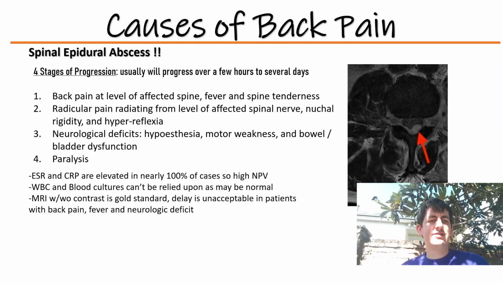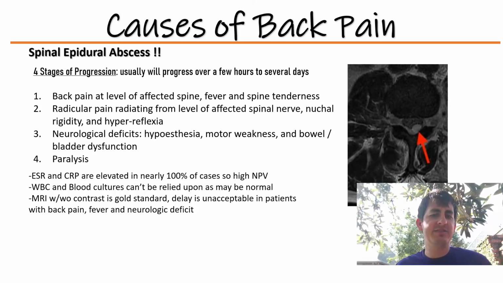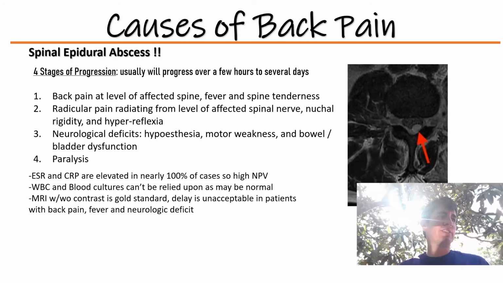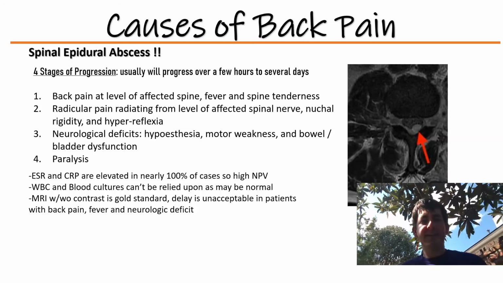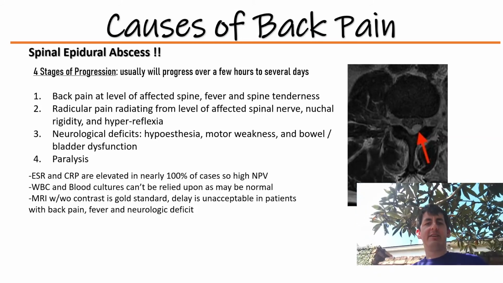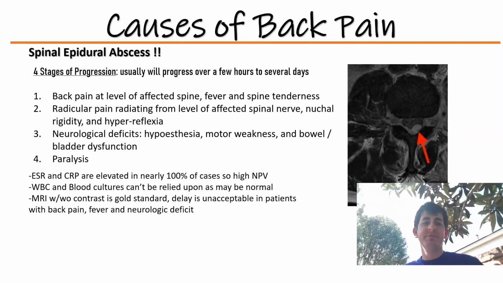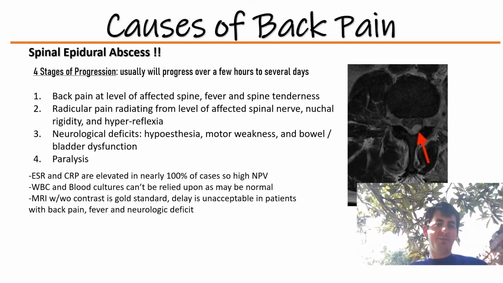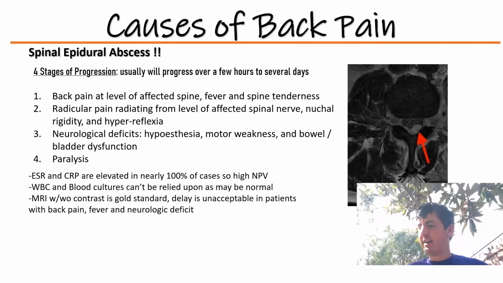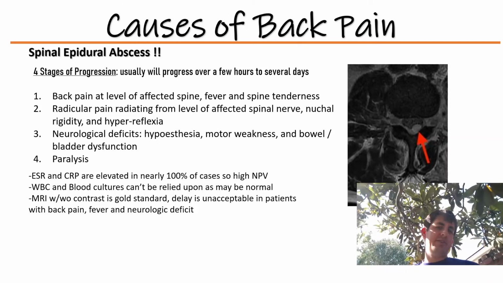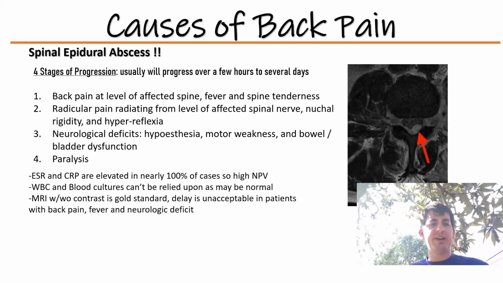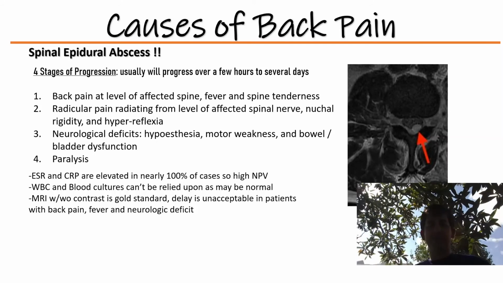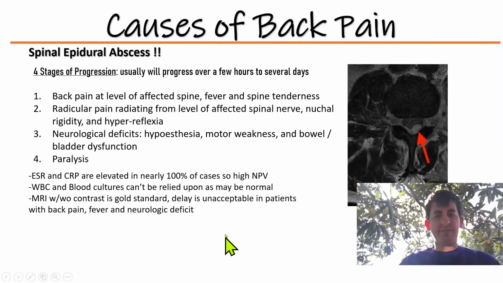Then third stage, neurological deficits. This is the stage you don't want to get to. Loss of sensation, motor weakness, bowel and bladder dysfunction. If it gets to this stage, the patient may never be able to urinate or use the restroom again without catheterization and other things, ileostomy, and they might have loss of sensation. And if this is high up in the C-spine, they could live on mechanical ventilation. Loss of arm use and legs, paralysis. If it's in the lumbar or thoracic spine, it might just be lower limbs. Either way, this is not something you want to